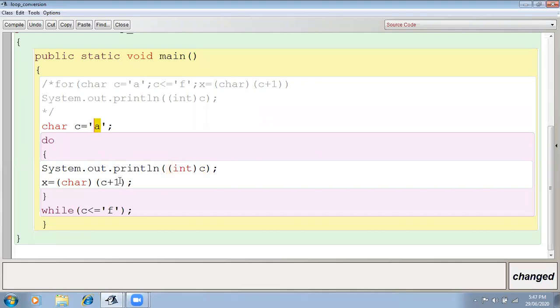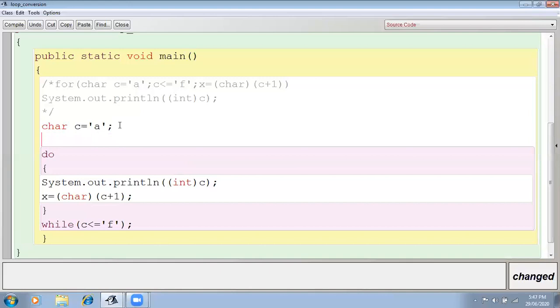Okay, then after that, what is that? x. See over here, in this code, they didn't declare the x. As it is, we are putting the things. But if we want to execute the program, then we have to declare this x also, right? So we will declare char x. Why char?